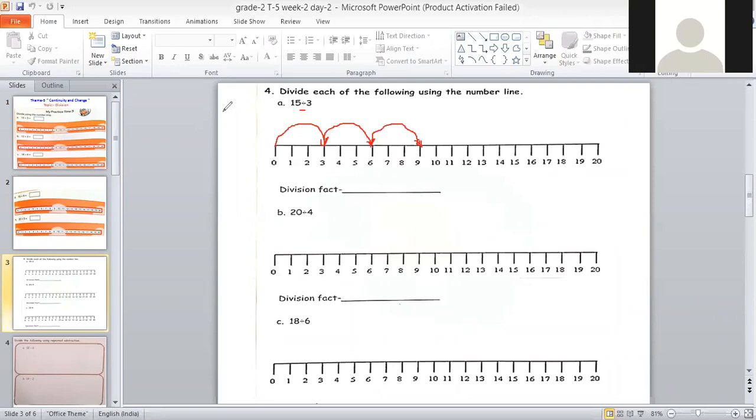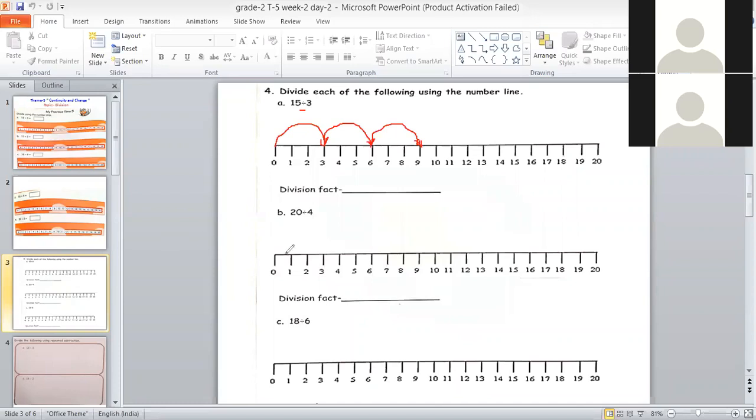Anik, after 9, what will be the next number? Ma'am, what is the page number, ma'am? Very good, Anik. Till now, you don't even know the page number. What were you doing? And now when I've asked you the question, you're asking me the page number. Very good. This is page number 8 of your math course book. Open that page first.